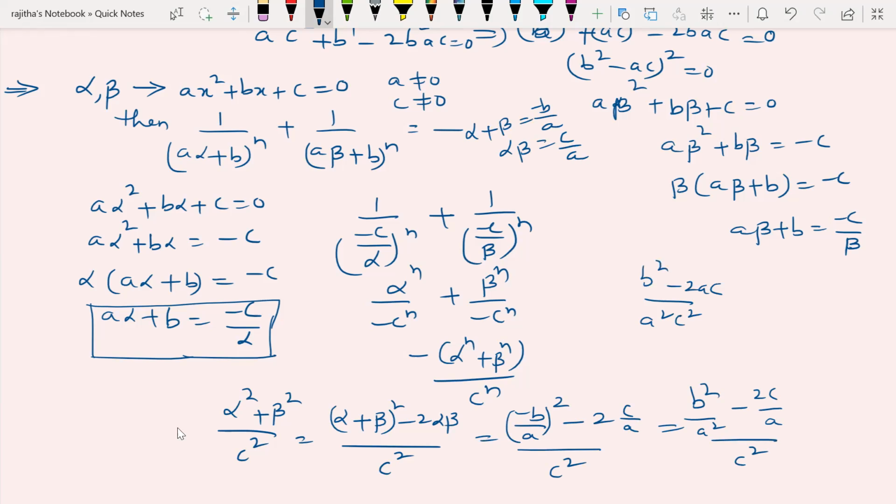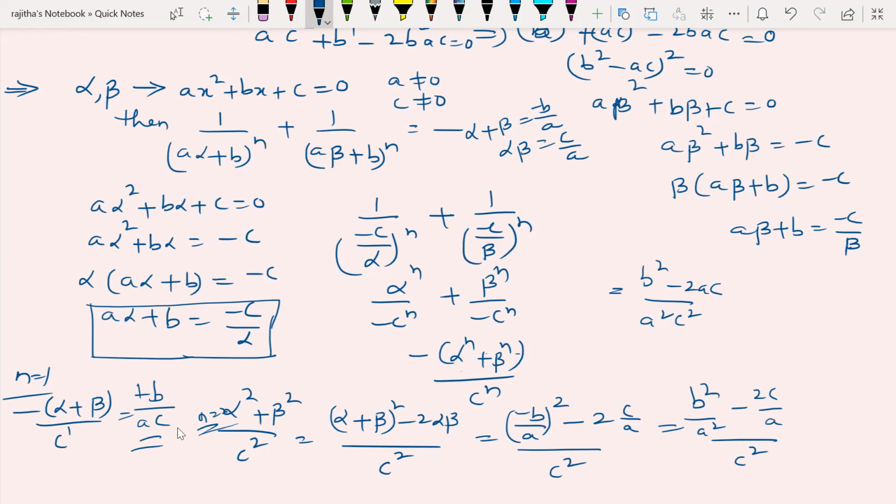That is (1 by a alpha plus b) whole power n plus (1 by a beta plus b) whole power n. For suppose, if n is equals to 1, sorry, here is n is equals to 2, here is n is equals to 1, minus of alpha plus beta by c power 1, that is minus of minus b by a into c, b by ac. So any value of n,